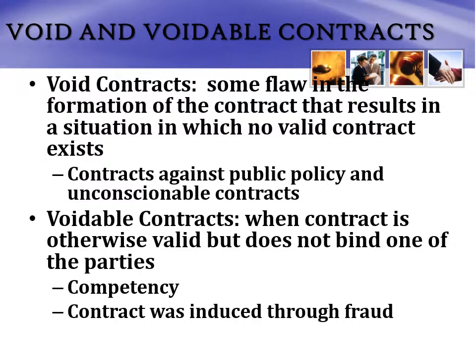You were forced into the contract by threat, duress. It was induced through a form of fraud. The fraud was that both parties wanted to get married of their own free will. Understand? So that's a voidable contract. Void contracts, they never existed. They're struck down as null and void. Voidable contracts is a contract that could exist and will exist, except for the fact that the courts will come in and penalize the wrongdoing party.